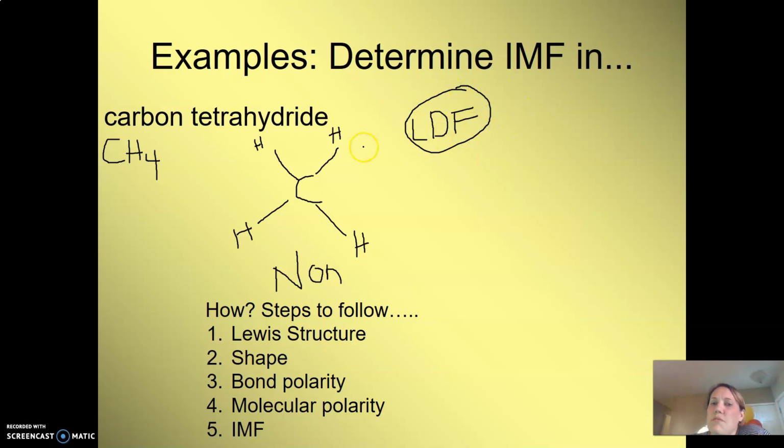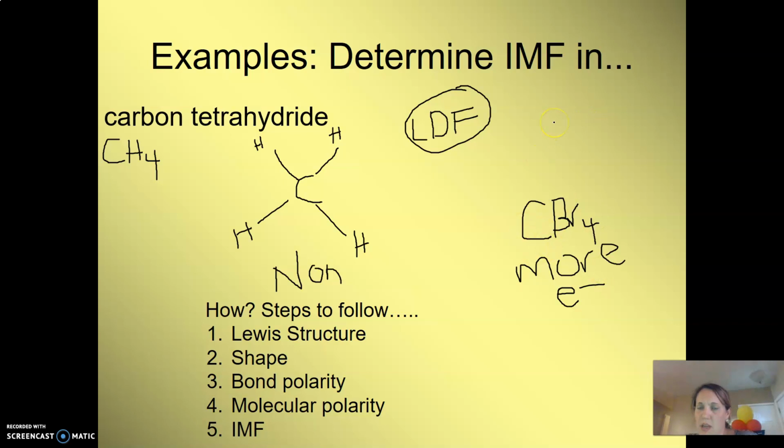And if I compared the strength of this LDF to something else, like for example, say CBr4, okay, CBr4, you're thinking, well, it's still 5 atoms, so what's the difference? Still nonpolar, still would make a tetrahedral shape that we see here, still nonpolar. They both only have LDFs, but the difference is CBr4 has more mass because Br has much more mass than hydrogen, okay? So more mass means more electrons. More electrons means stronger London dispersion forces. Stronger intermolecular forces means higher boiling point, higher melting point, more likely to be a solid at room temperature,